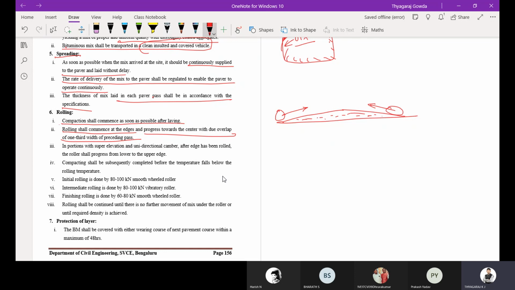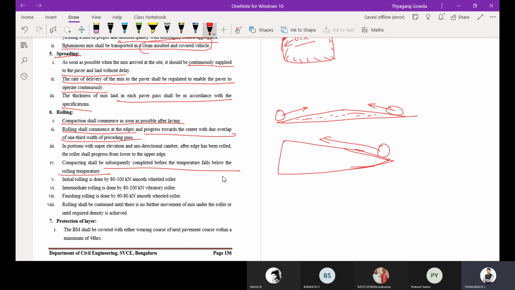Then in portions with super elevation, in the curves, the road will look like this. In this case, the rolling shall commence from the inner edge to the upper edge, and you compact the bituminous mix. Compaction shall be completed before the temperature falls below the rolling temperature.